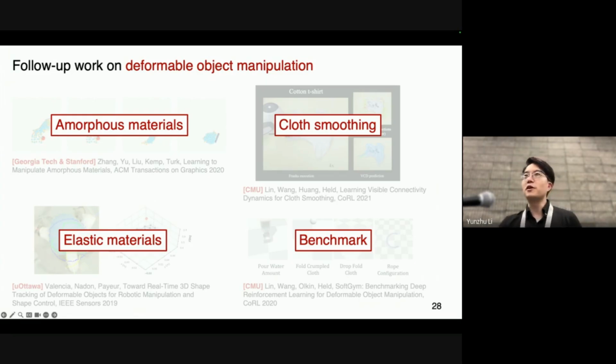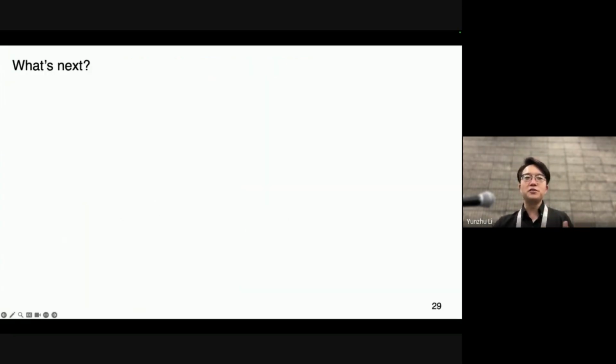So then we are asking the question: we have already shown that the model is capable of doing all different kinds of deformable object manipulation tasks. Is it good enough, or are there many additional things we have to do? So obviously there are many things we still can do, and there are a lot of challenges still waiting to be solved. One angle is how we can apply or extend to more complicated tasks and more complicated objects,